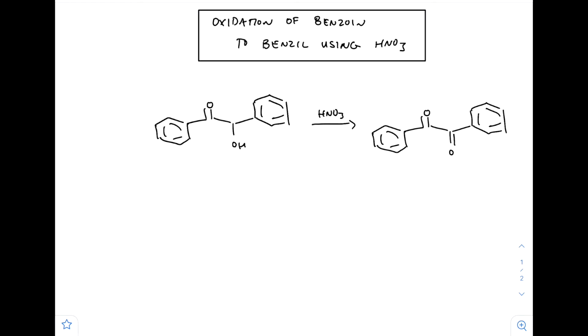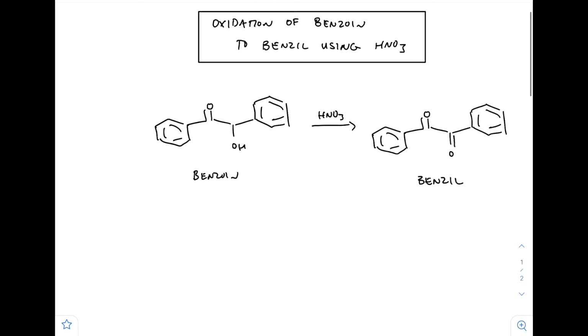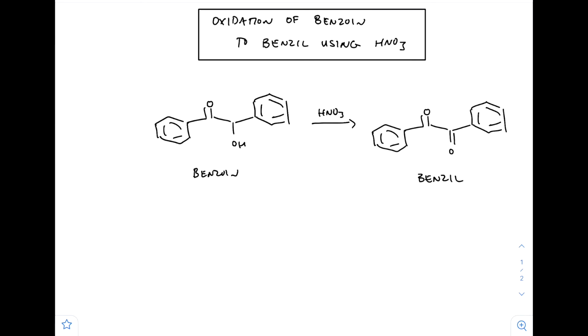a really good source to oxidize substances, including alcohols. And so here, let me write this: benzoin, benzil. Okay, so as you can see, we created another carbon-oxygen double bond where that C-O single bond used to be. And this mechanism can be pretty complicated. They say go the simplest route, right? So that's what we're going to go with. I will tell you, however, that